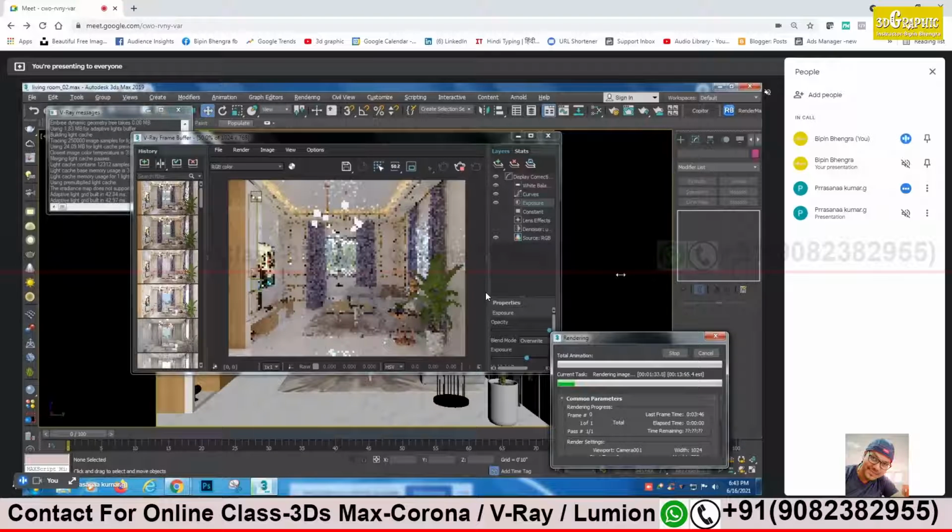It is going to be time taking. Stop this. Take a small patch render. Where should I take, sir? Near the sofas. Yes, take a small patch render of the area you're creating. Take some sofa portion. Take some portion of the window also. Half the window and half the sofa.